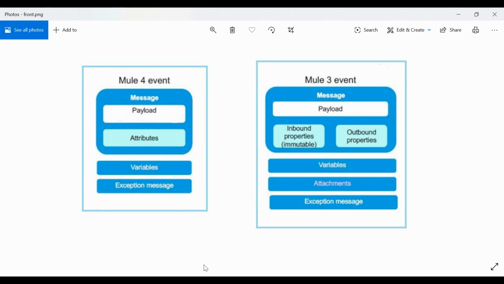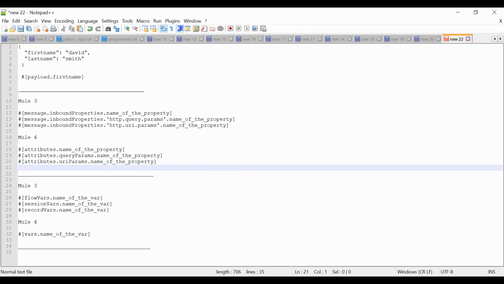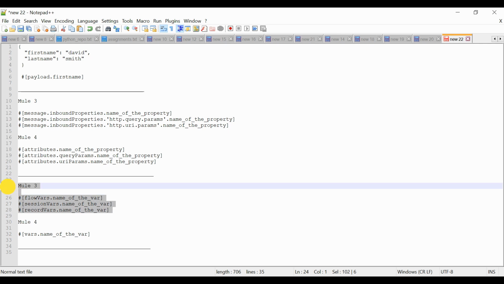Next we have variables. In Mule3, we used to have variables called flow variable, session variable and record variable. A flow variable has scope within a flow, a session variable is available throughout your application, and a record variable is available within a batch job.